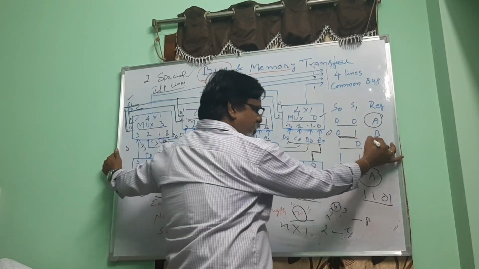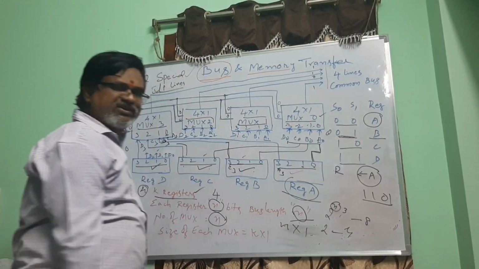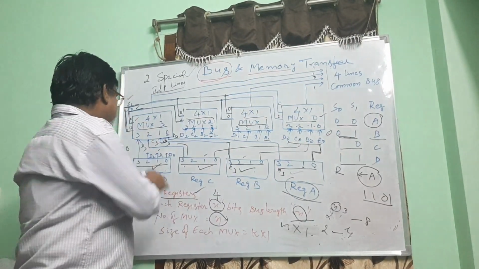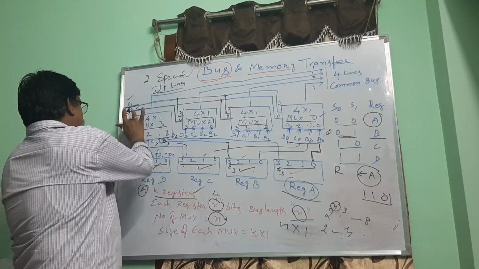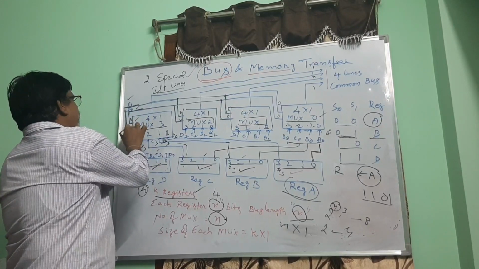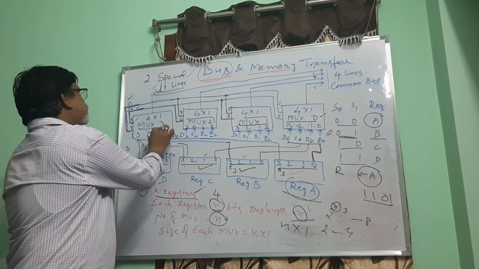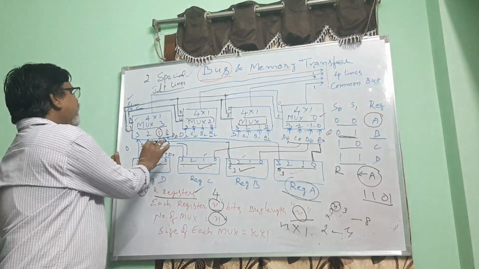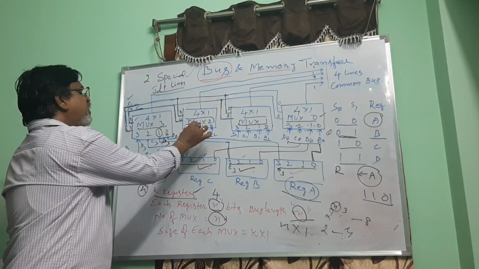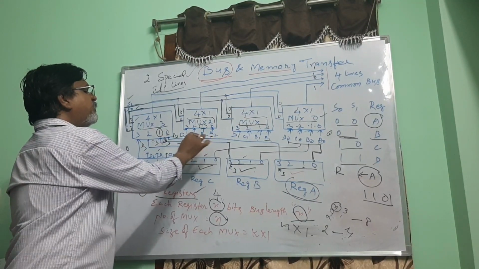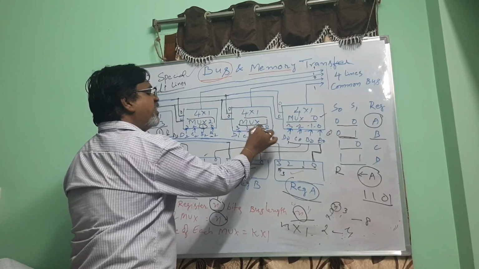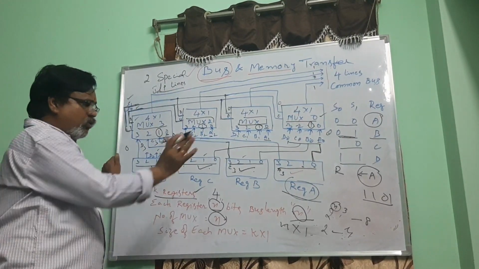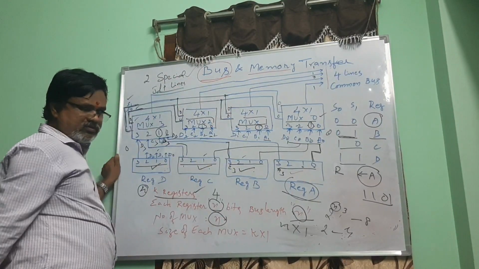So if it is 0, 1, I have written here, register B will be selected. S0 is 0 and S1 is 1, so that input will be selected. What is there here? B3. And here, this is selected. What is there? B2. Here, B1. Here, B0. Clear? After selecting, we will check how it goes.